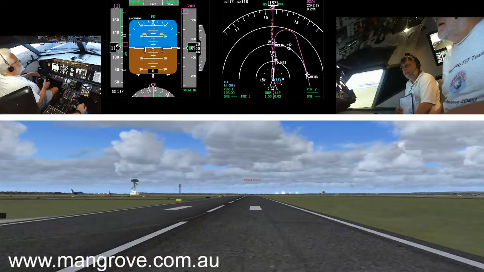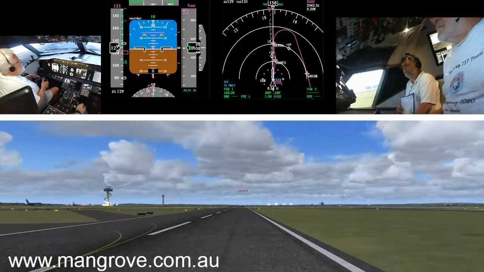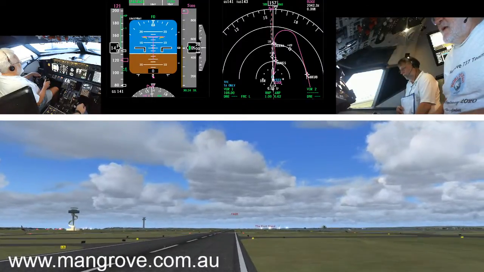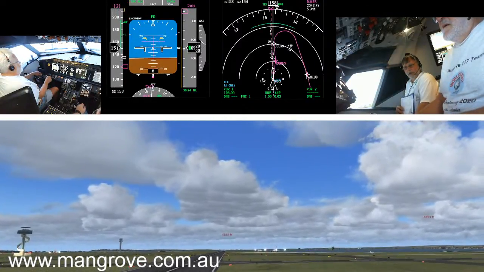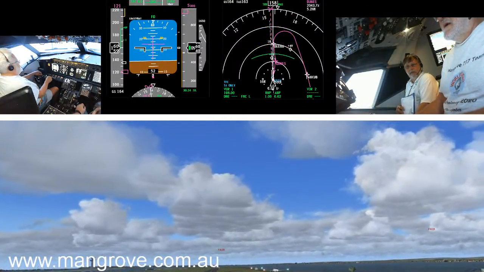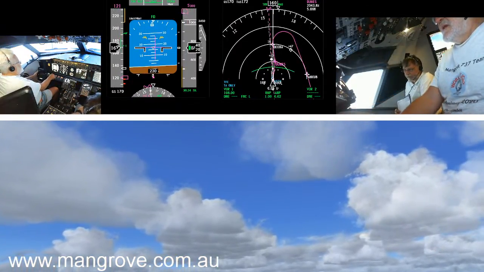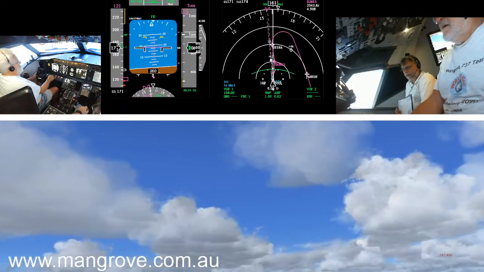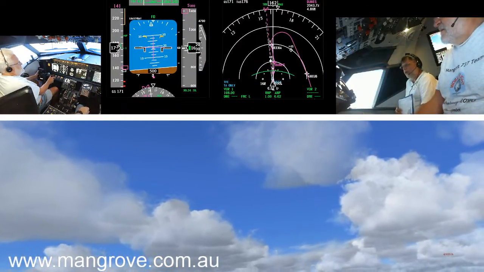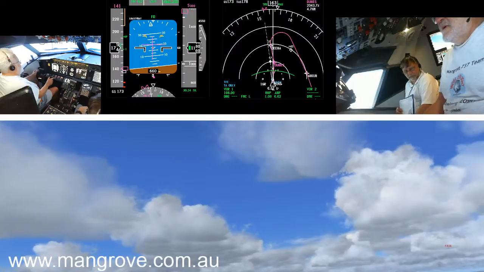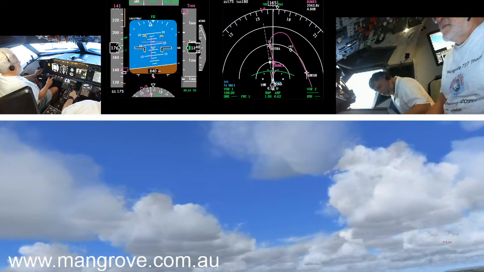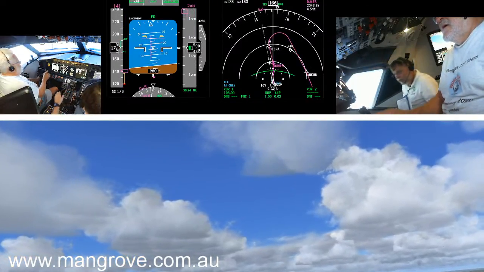Rotate. Positive rate. Gear up. Flaps 2.